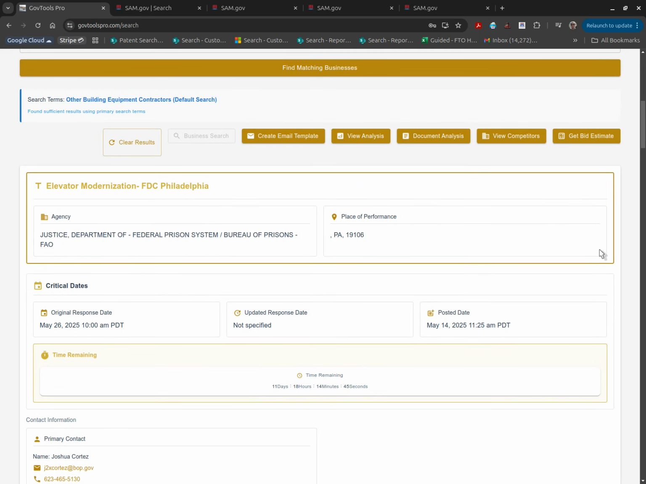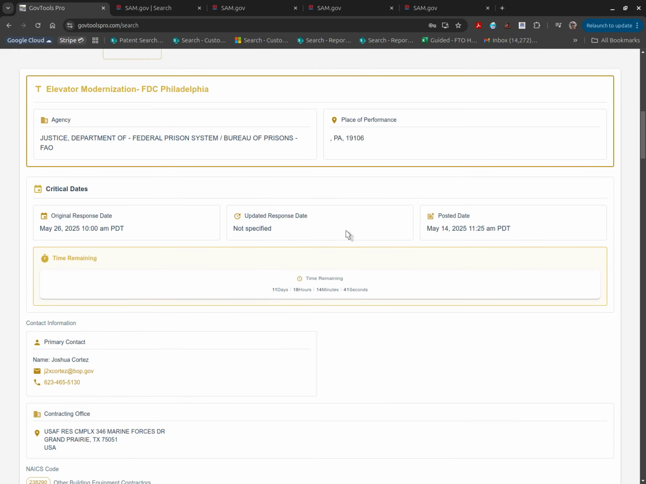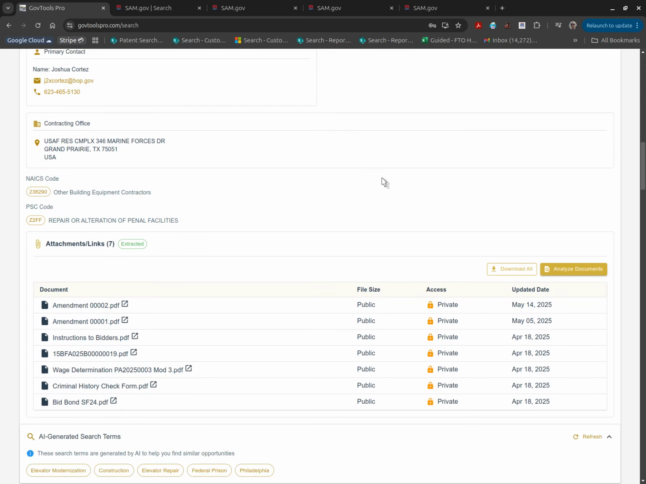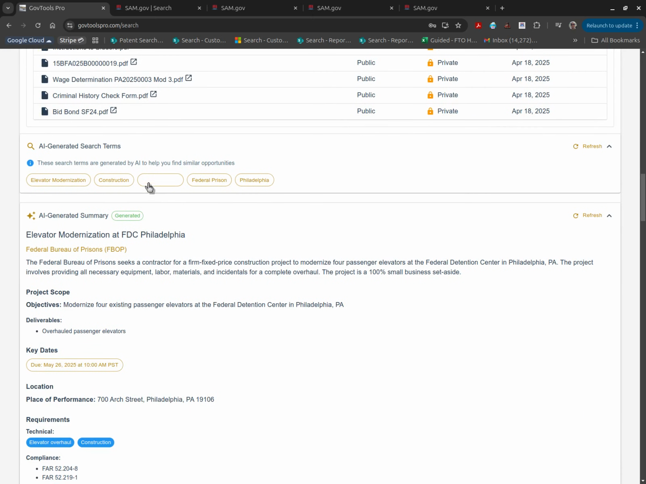So going over there, we have a better presentation. We're streamlining and showing you all of the dates that are important to you, which is the response date, your posted date, and any other updated dates, response dates that the solicitation might have. Here are the attachments, and I'll get back to this later, but AI ingests the description and it provides search